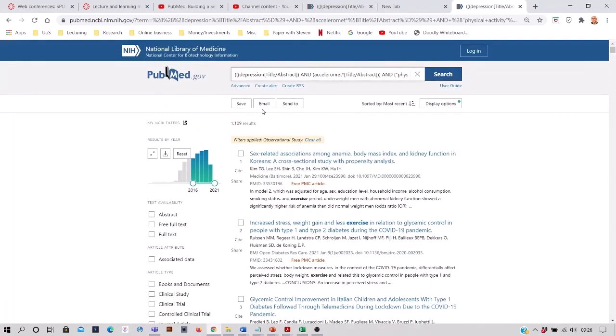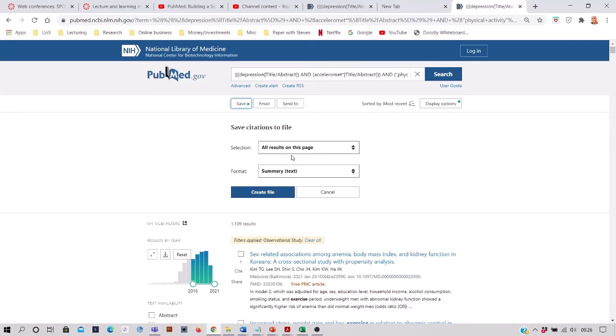But we'll go with that for now. And we could narrow it down by refining the search terms and so on. But in the interest of time, because this is just a demo, we can